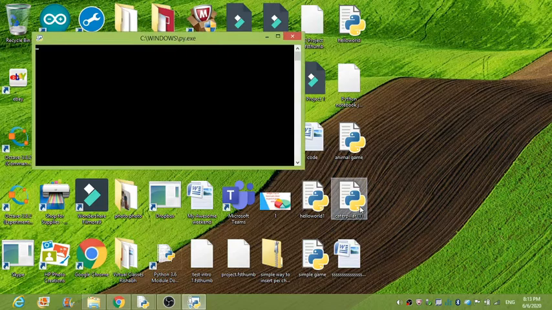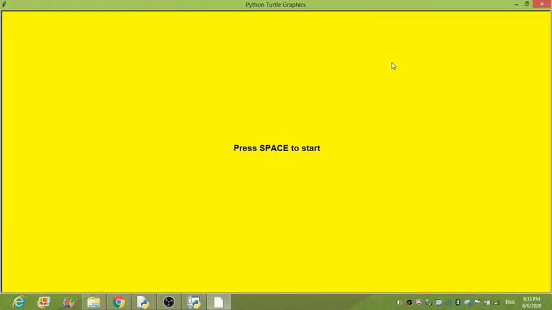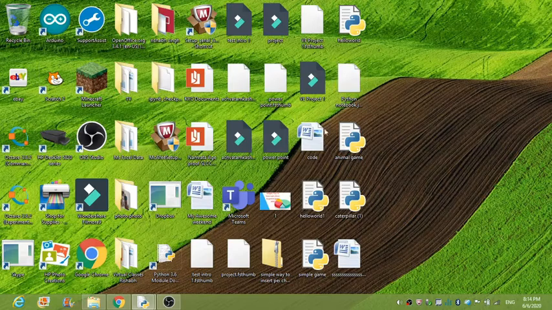So I have saved my game. Let me tell you how it works. Let me press space, and like this it works. You get 10 points and so on. It will move faster. It will increase its speed daily, and if you lose the game it says game over, and that's it. So we are going to learn this. Let's get started.